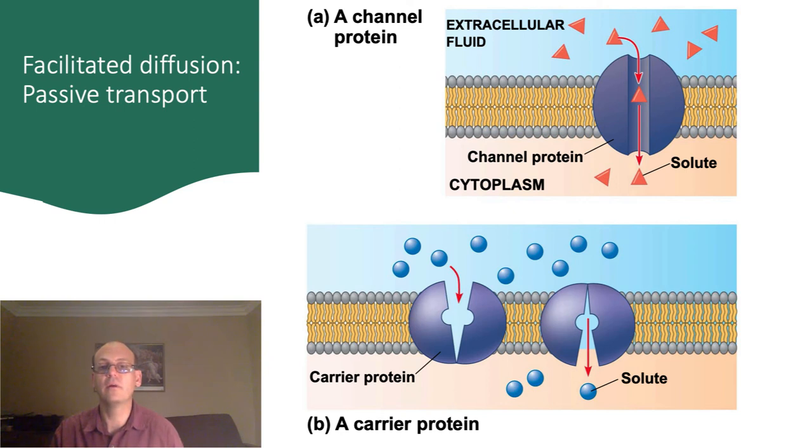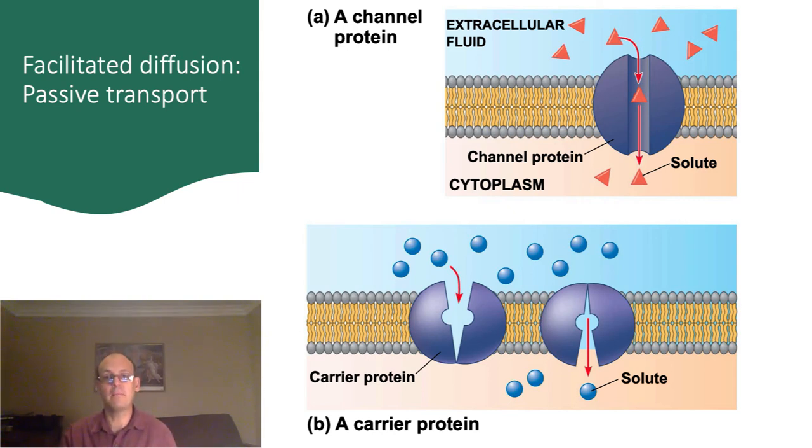Up until now, the process of getting solute molecules across the membrane has relied on diffusion alone. When there's a strong diffusion gradient, that is, a large difference in concentration between inside and outside the cell, solutes will tend to diffuse more quickly. However, you may have noticed that some molecules, particularly large or charged molecules, only rarely move through the membrane. In order to transport these through the membrane, the cell must use other mechanisms than just diffusion directly through the membrane. This is where one of the roles of integral membrane proteins comes into play.